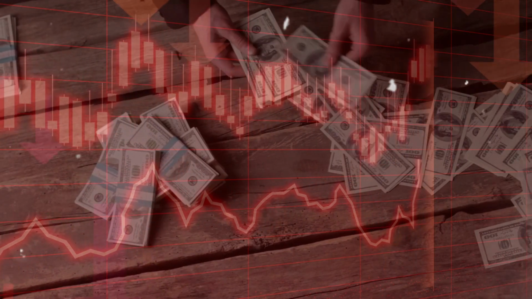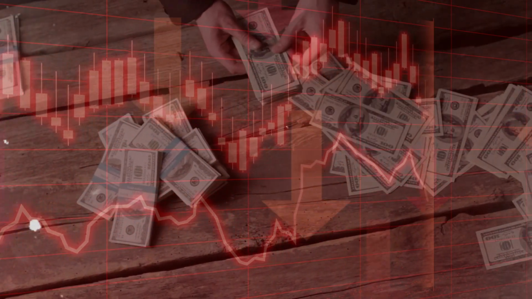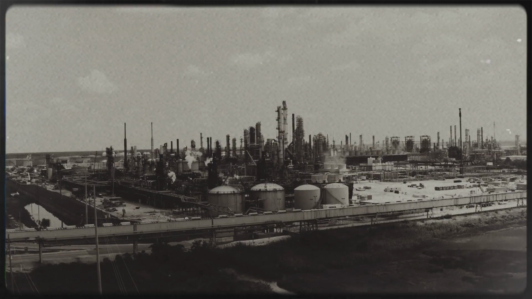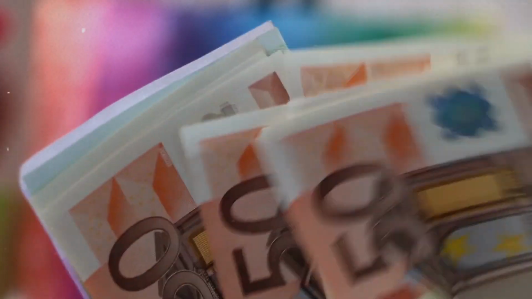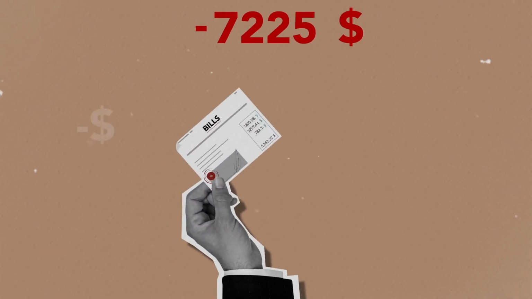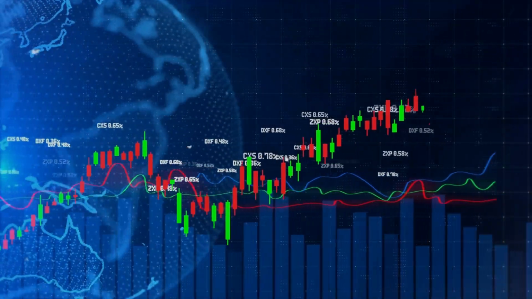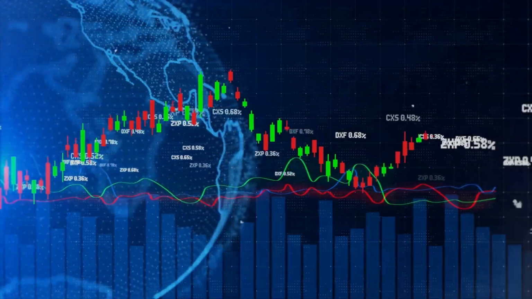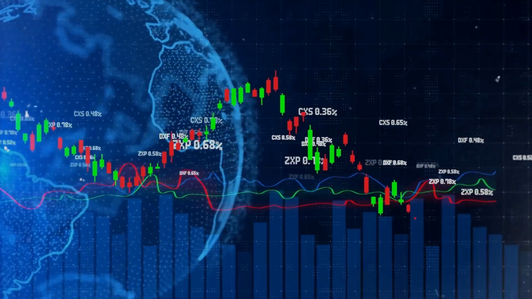External shocks, such as natural disasters or wars, can also cause recessions. For example, the oil crisis of the 1970s was caused by the sudden rise in oil prices following the Arab-Israeli War. This shock led to a decrease in economic activity as people had to pay more for oil, leading to a decrease in spending on other goods and services. Changes in monetary or fiscal policy can also cause recessions. For example, if a central bank raises interest rates to combat inflation, it can lead to a decrease in borrowing and spending, which can ultimately lead to a decrease in economic activity.